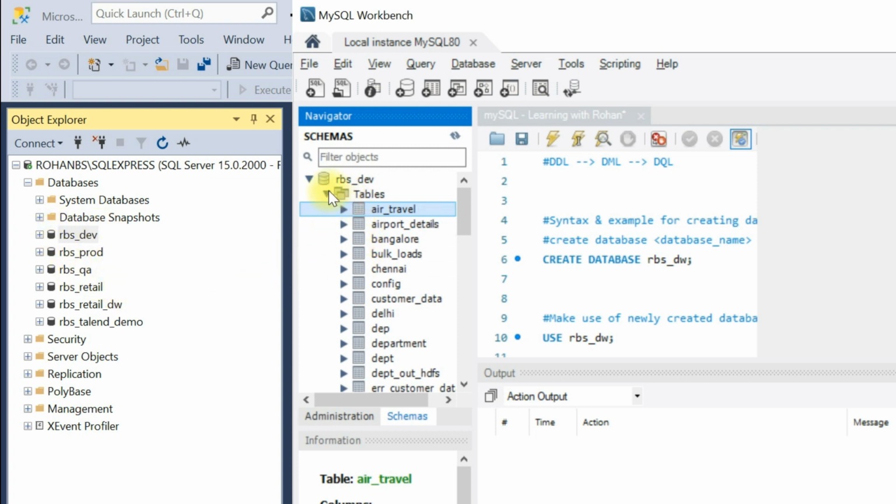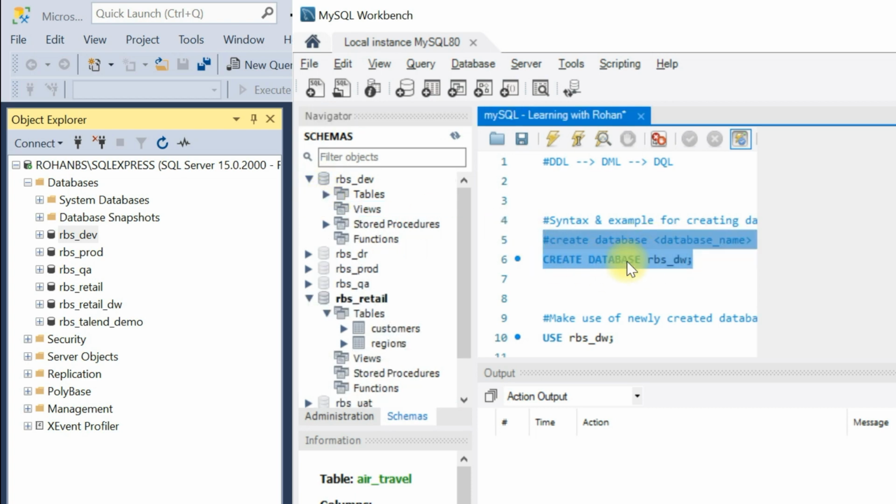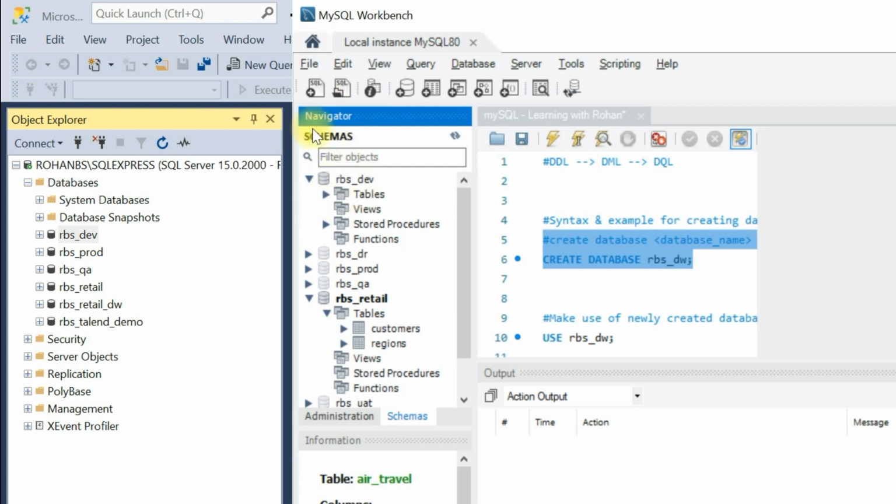To create a database here, you use the create database statement, and under that you create a particular table. When you want to retrieve data from a table, you do select star from database name dot the table name. That's how it is in MySQL.